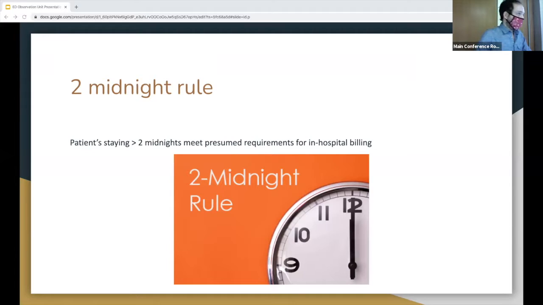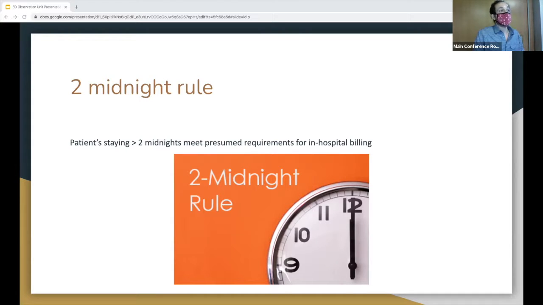In 2015, CMS develops the 2 midnight rule. And essentially what this is, it's a metric that RACs, or recovery audit contractors, which look back at billing for appropriate hospital stay, use to determine a check mark if patients meet the criteria for inpatient. So a patient has to stay for over 2 midnights to make this checkbox for essentially appropriate billing for inpatients. That can either be 24 hours and 1 minute if you're discharged from the ED at like 11:59, or it can be 48 hours if they're discharged in